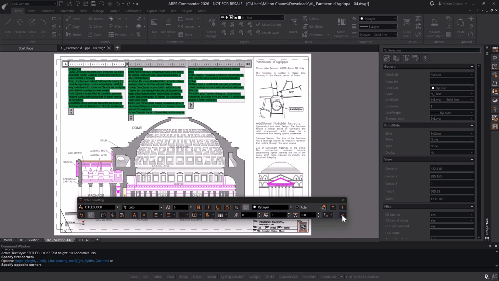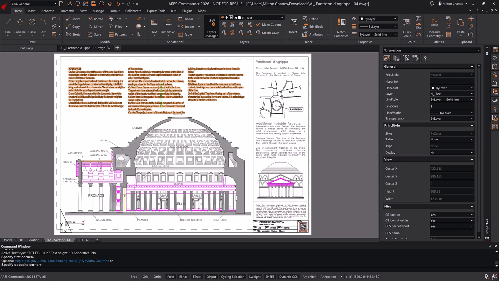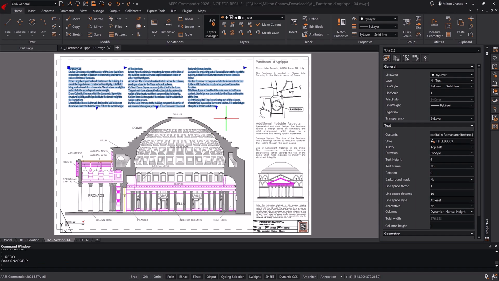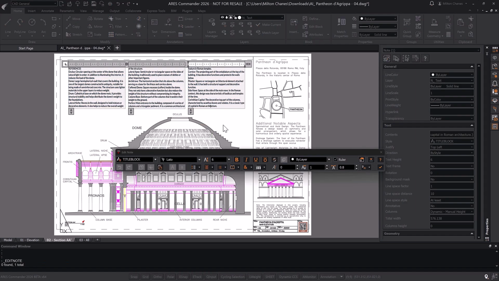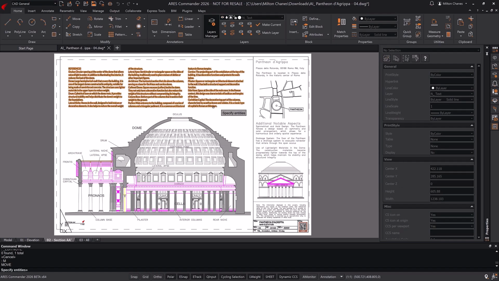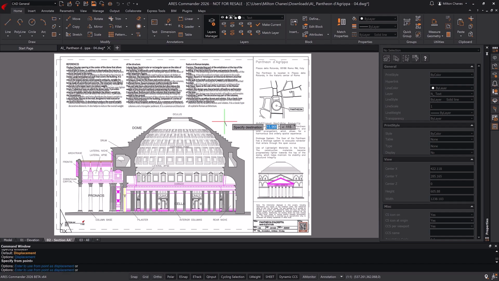After closing the editor, we can simply select the text, and quick modification grips will appear. If these don't meet our needs, all we have to do is double-click on the text, and the full array of functions will become visible again. The text block is a single entity, which is another major difference from the simple Note command.